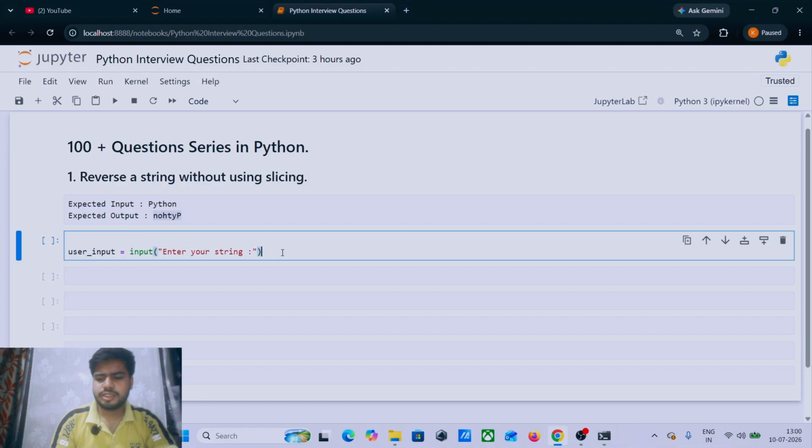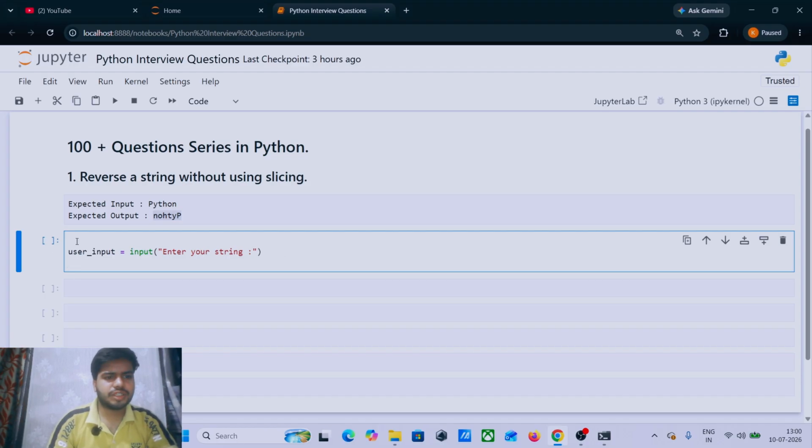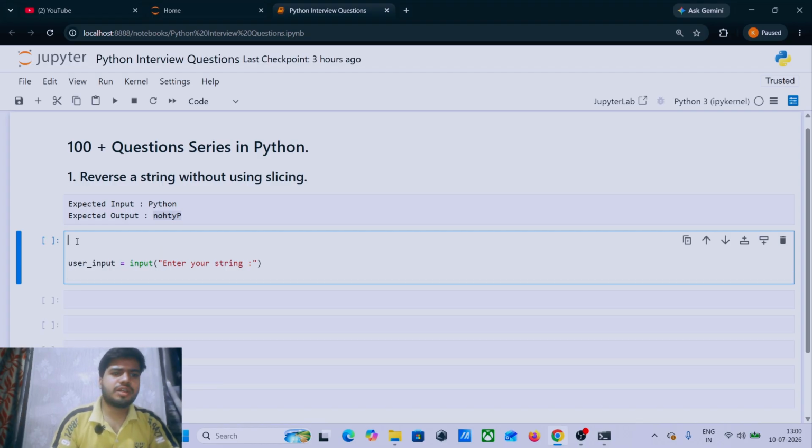After that, I want to store this in a variable, and the variable name I am taking is user input. After that, we need to define a function. Why am I defining a function? Whenever you visit a coding platform, like LeetCode, HackerRank or CodeChef, the question is there and your submission should be within a function.